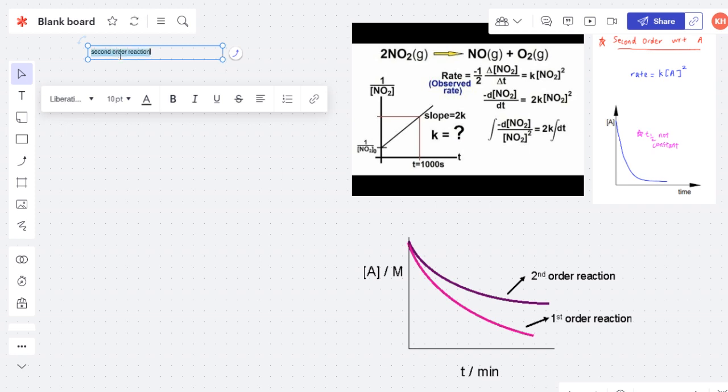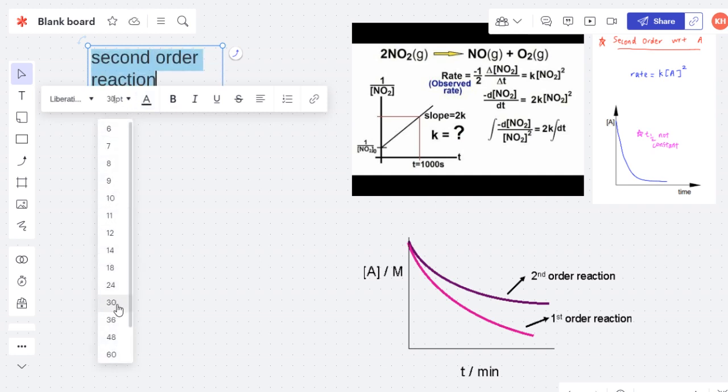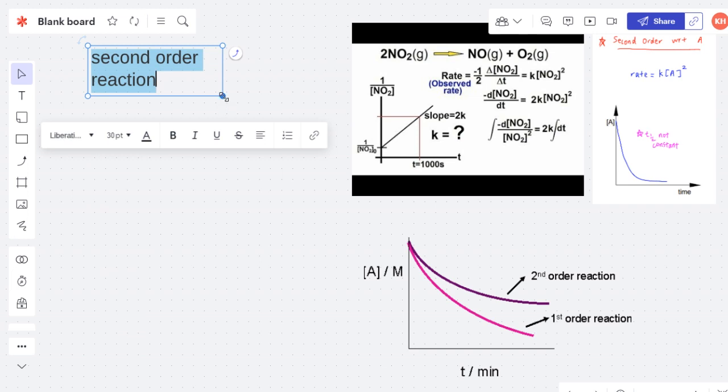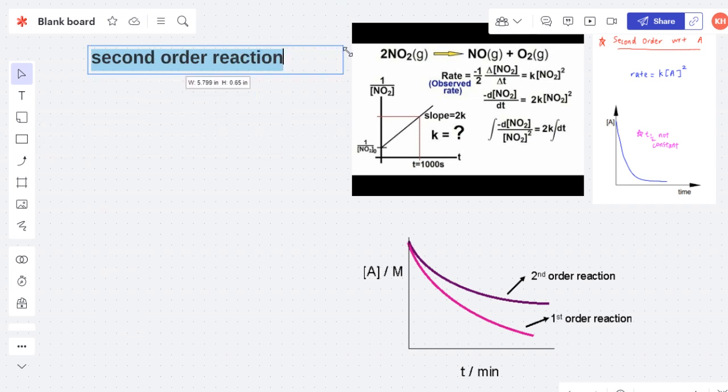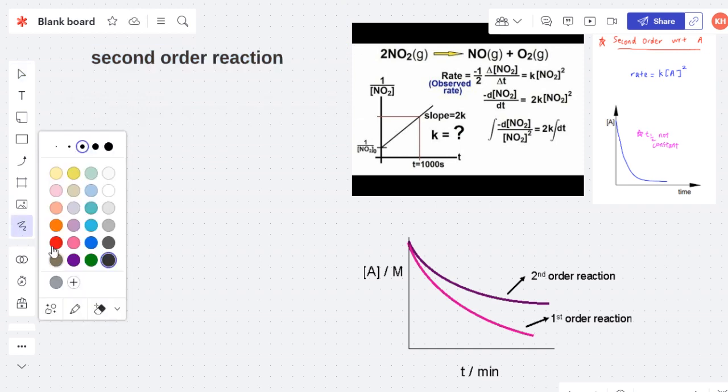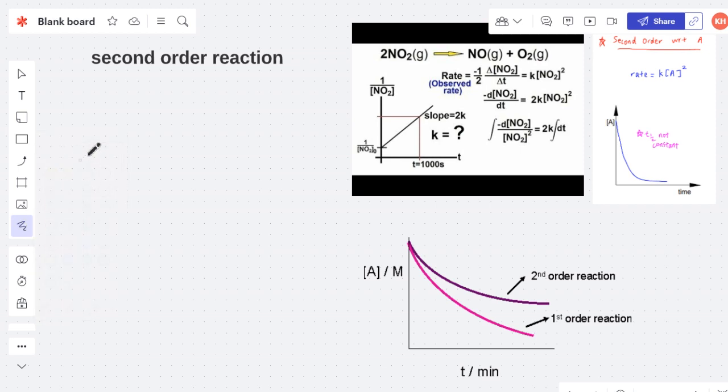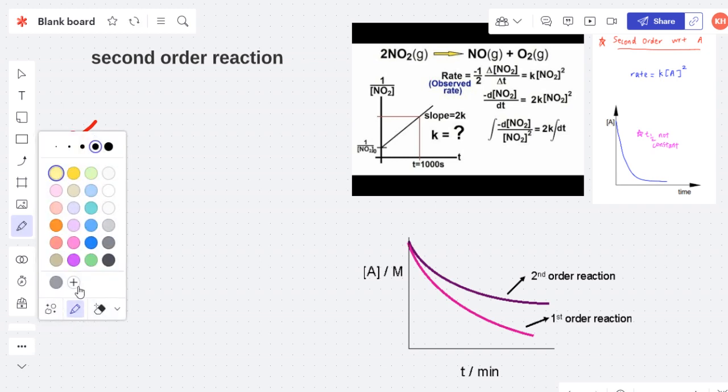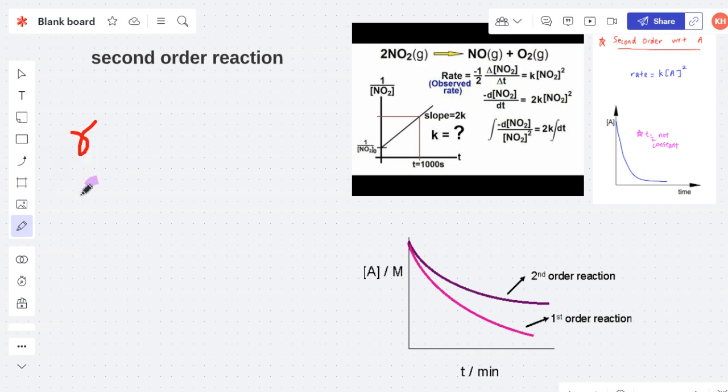Let's see it. Let me increase the size of the font so that it is more visible. Perfect. In a second order reaction, what happens is that the rate of reaction, which means R, in the second order reaction, R